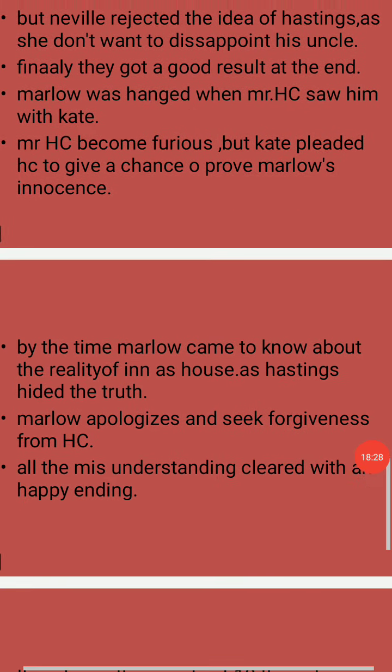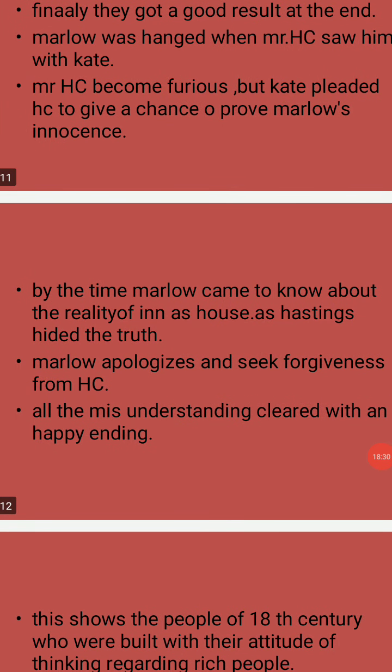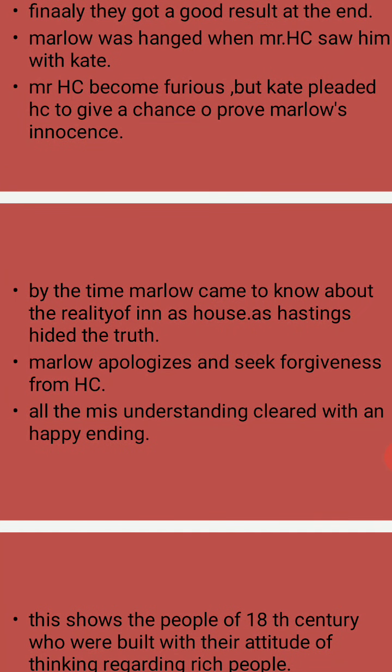By that time Marlowe came to know about the reality of the inn, as Hastings hid the truth. Hastings had hidden the truth that he knew beforehand that the house was not an inn, as it is a complete old-fashioned house built in the form of a mansion that everybody can misunderstand by looking at the house, because the appearance looked like an inn, but actually it is not an